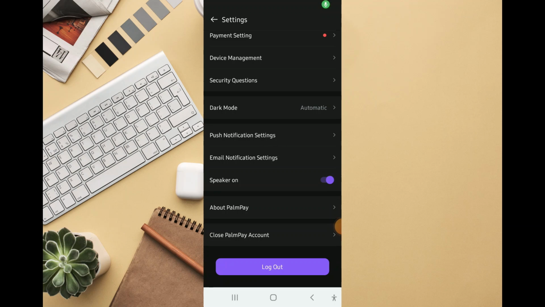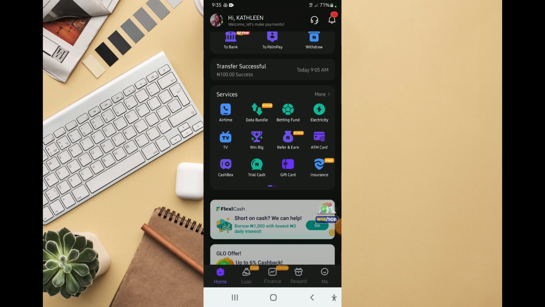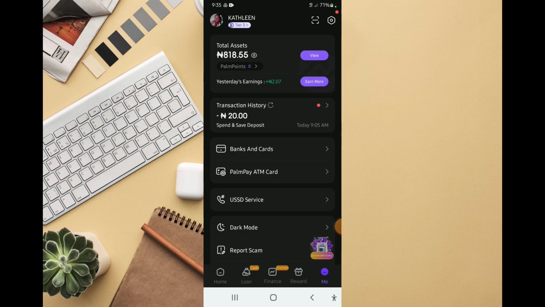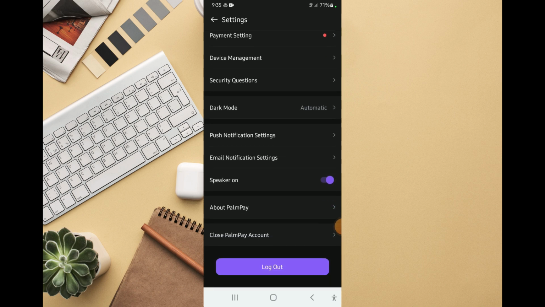Now I want to teach you how to close your Palmpay account, as in delete it. Now if you want to delete your Palmpay account, the same thing you did the first time. You choose from the home, you select me. From me, you click on settings over here, and then from the settings, at the bottom here, you see close Palmpay account. You select that,